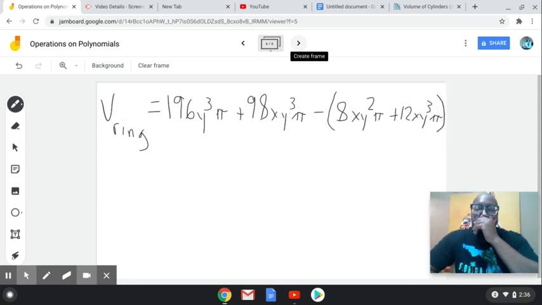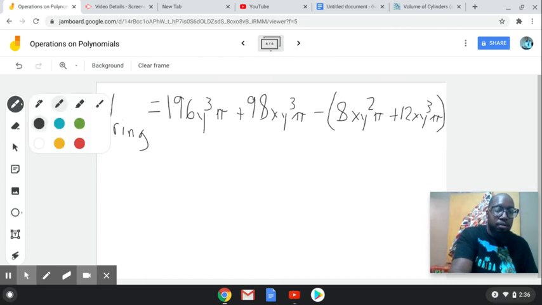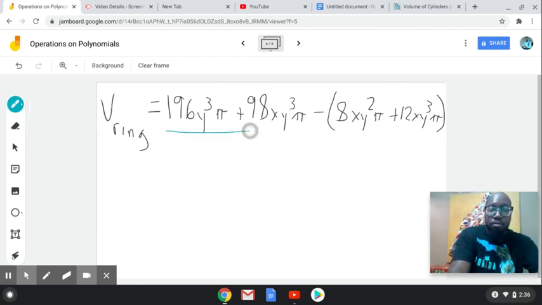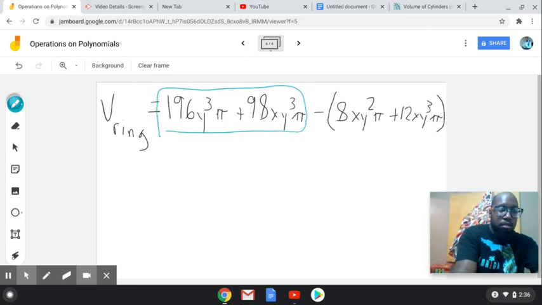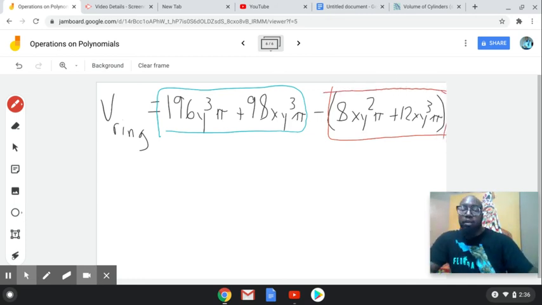Okay. So this may look a little busy, make it look a little confusing, but just try to understand it. Again, if you want to pause it right now to see what I wrote down, then you can, okay? So all I did is that this is the volume of the outer part, and this is the volume of the inner part, okay? And all I'm doing is I'm just minusing both of those in order to get the volume of the ring,